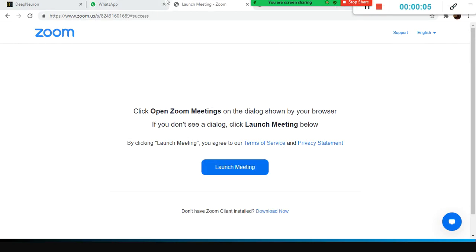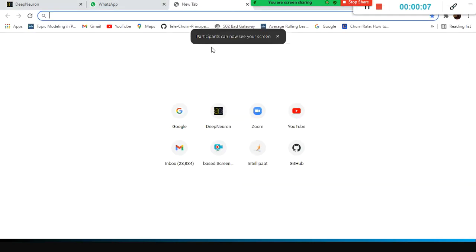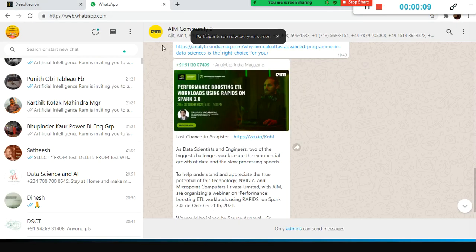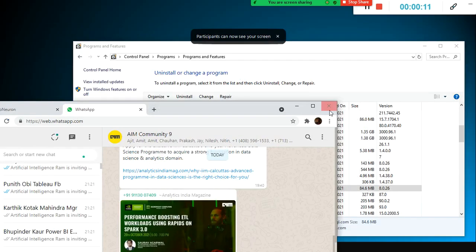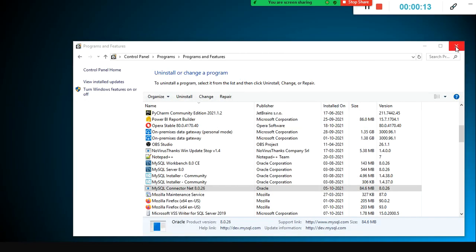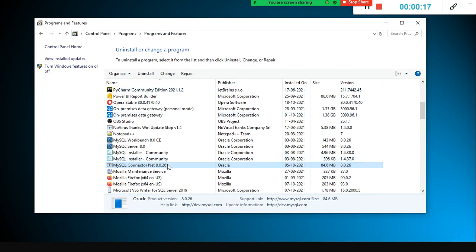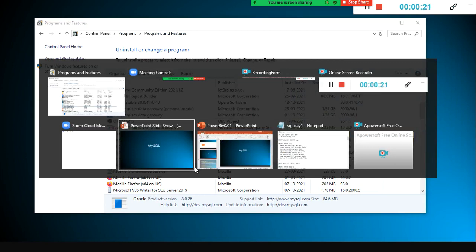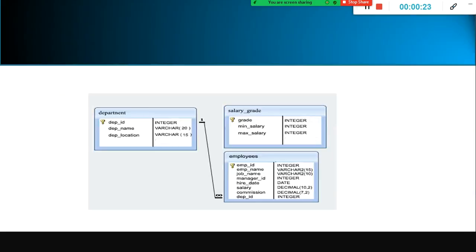Yeah, actually, I installed MySQL and some software for Power BI. Okay, I installed, but I think we need to configure it. Correct? You don't need to do any configuration. It does the configuration as part of the installation.